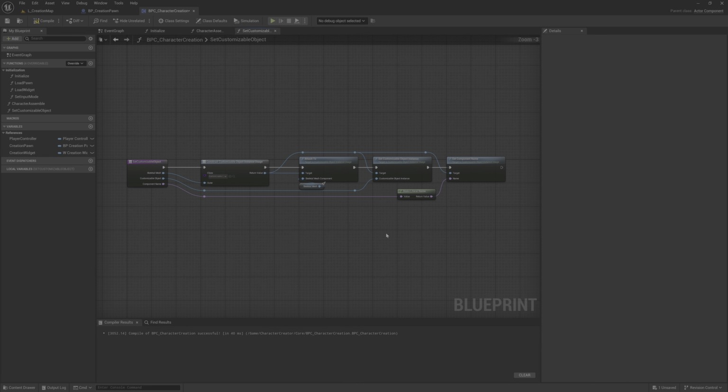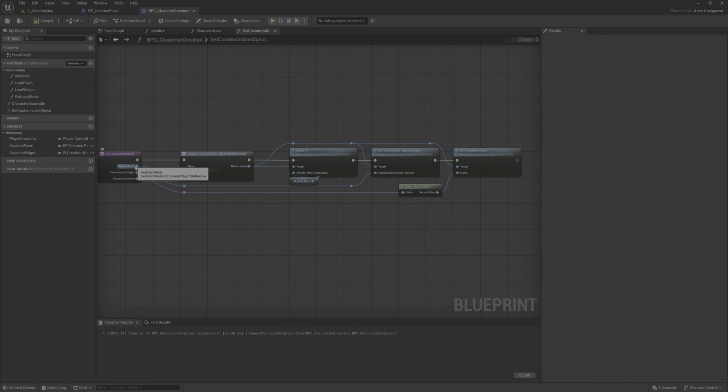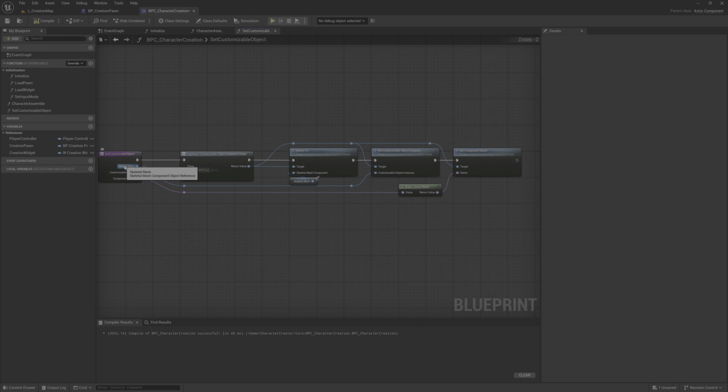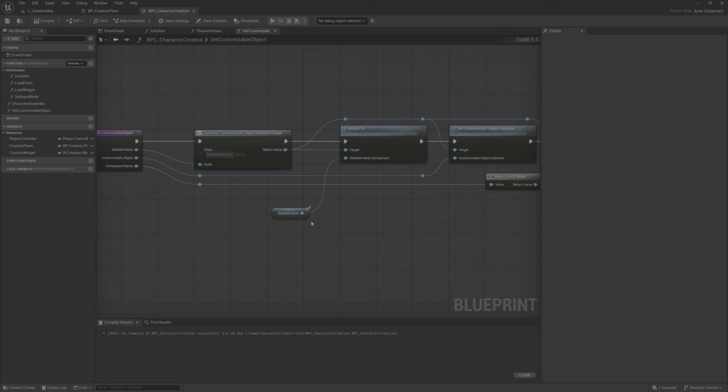Okay, there. Okay, just connect this here, and here you can extend and search for get skeletal mesh, this one, or the name that you have here. You find it like that. You can check that it's the correct one because this has this arrow and an F there, which means that this is the actual input here.